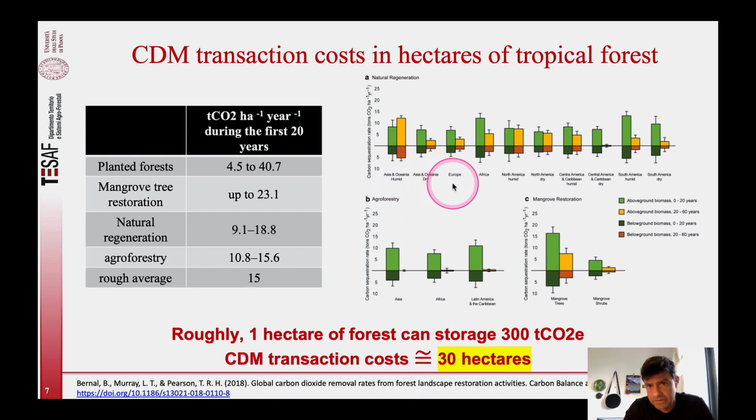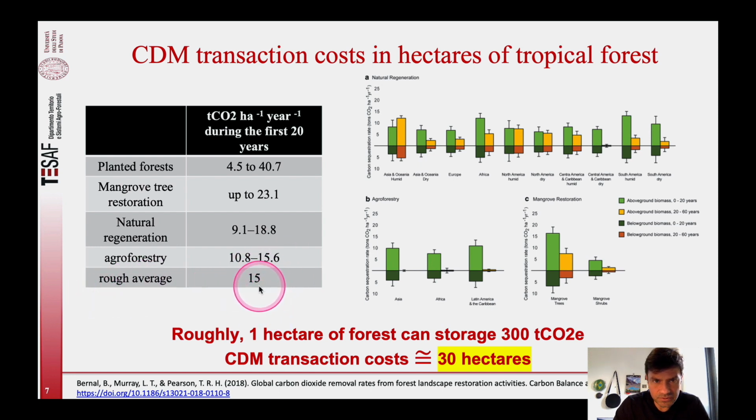But here you can see that it could vary. It varies a lot. It depends on how old the forests are, the location of the forest, the strategy, if it's a natural regeneration, an agroforestry, if it's a mangrove. So it depends on a lot of things. I made a huge average. It's a roughly average, and I'm considering